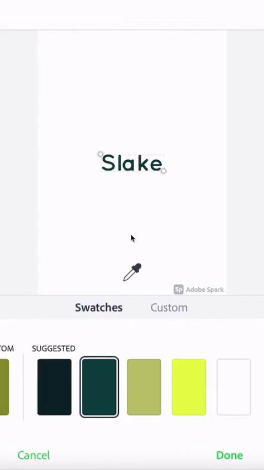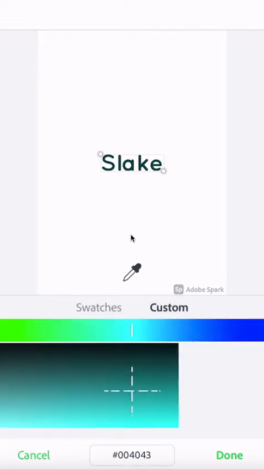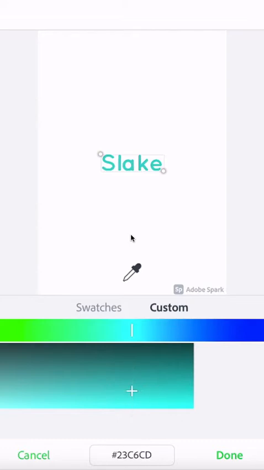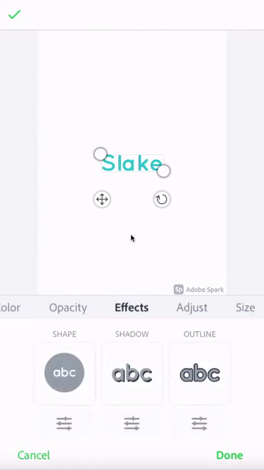There's a nice relaxed color. Okay, I could even choose a custom color. Ooh, even more relaxed colors here. Here we go. There we go. Nice, cool turquoise. I like it. Okay. Now, under effects, I definitely want you to look at this because oftentimes what I find